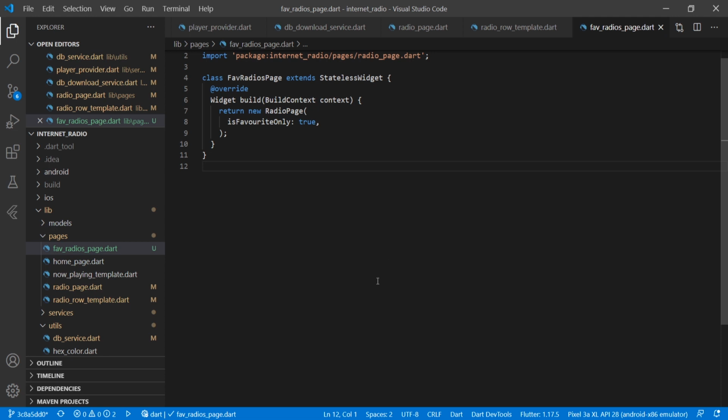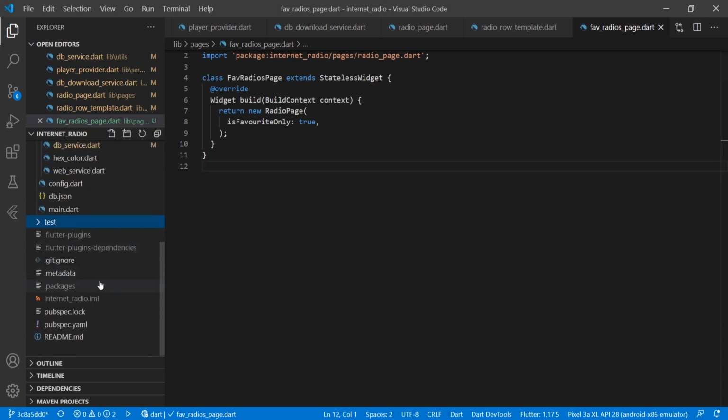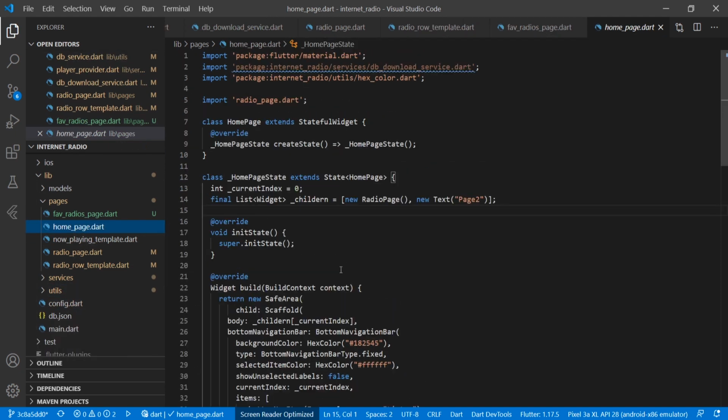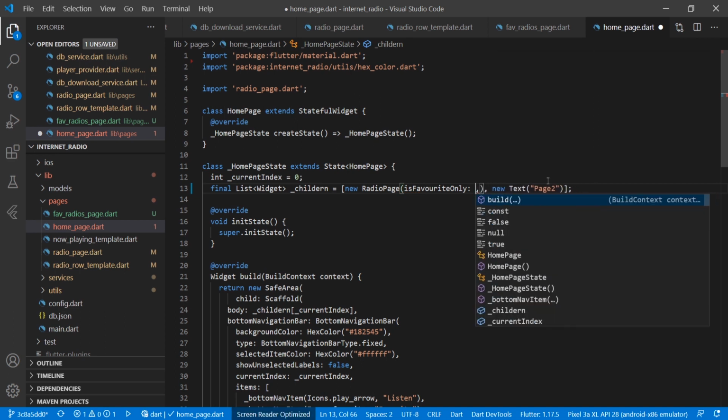So now we will update our home page. So here we have to pass is favorite is equal to false.